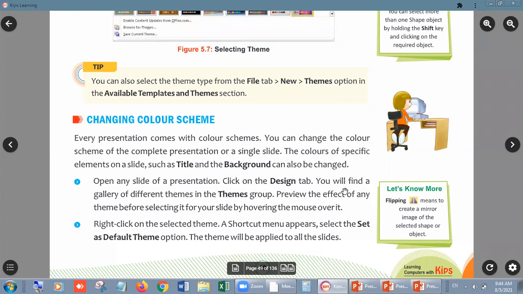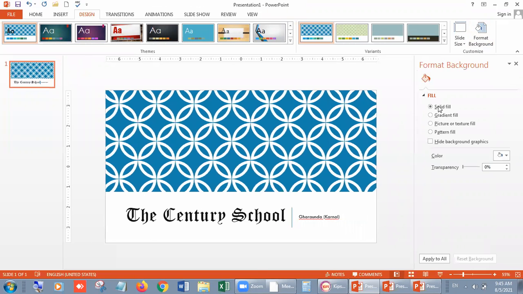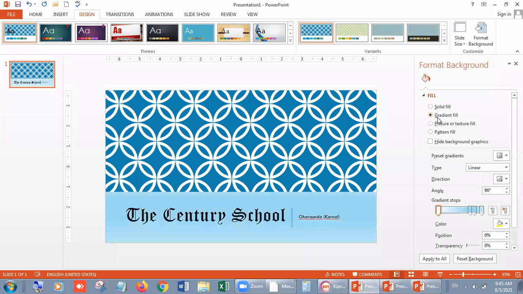On the same option, you will find a gallery of different themes in the theme group, right? Preview of effect. Any theme, as I told you, you can change it. Let me do design, and this is your format color, format background. Click on it. From there, you can change any color.